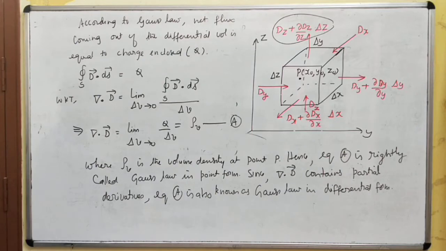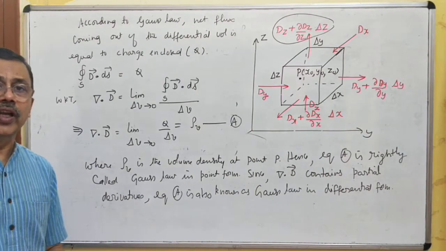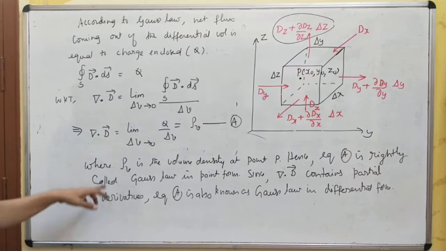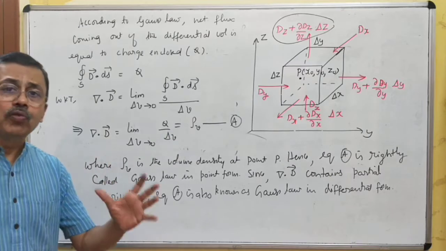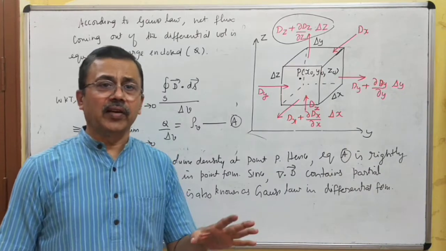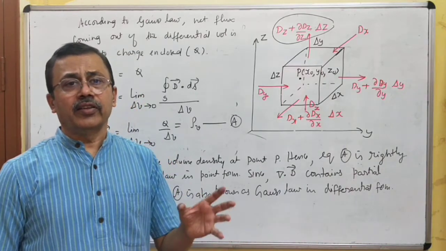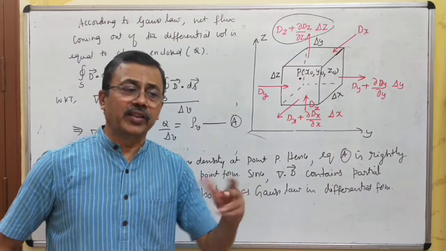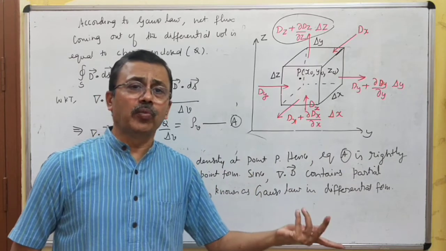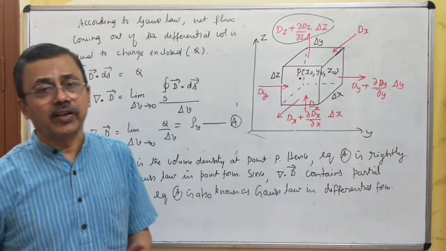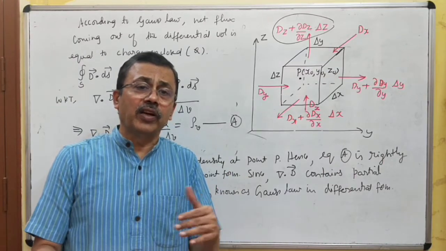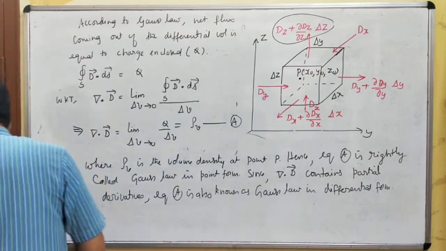In wave propagation, equation A is more popularly known as Maxwell's equation in point form as derived from Gauss law. And this equation A is valid both for static electric fields and time varying electric fields. Static electric field means fields produced by charges at rest, or charge distribution is not a function of time, and fields produced by such charge distributions will give you static electric fields. Time changing electric field means electric fields produced by charges which are functions of time. I am going to pen down what I have said.